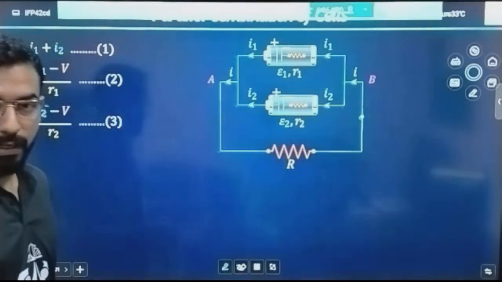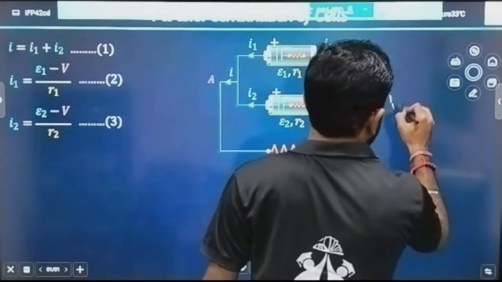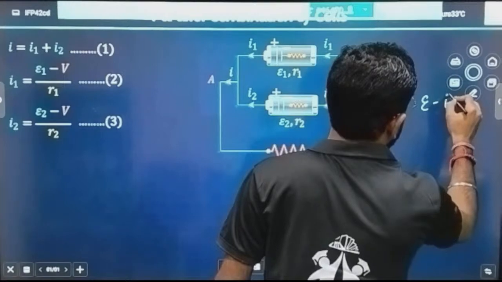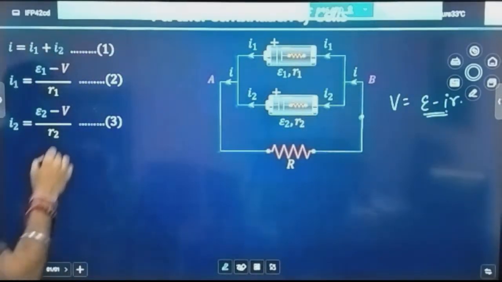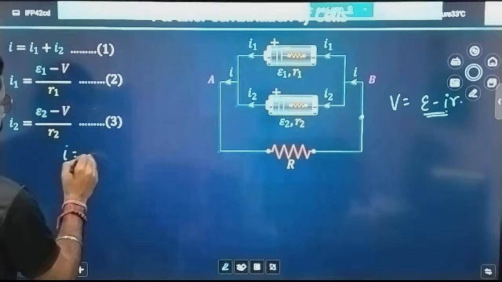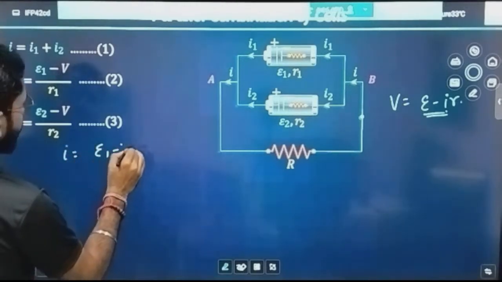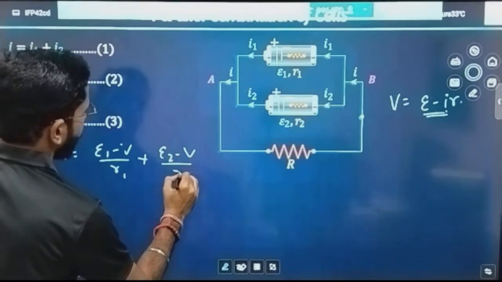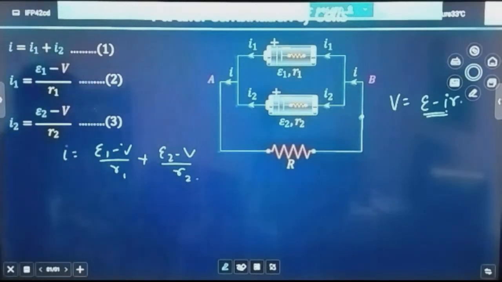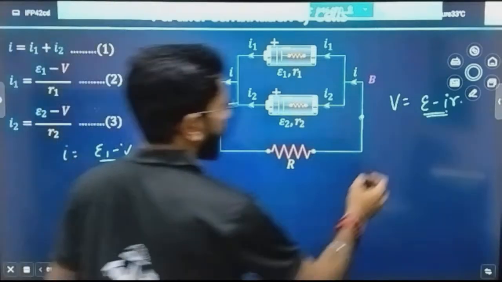And what is the general equation that we know? The relation between potential and EMF. You know that V is equal to E minus IR. Correct? So let's apply that. I is equal to I1 plus I2. I1 is how much? E1 minus V divided by R1 plus E2 minus V divided by R2. Correct? Now I have to solve it, and I have to take it in the form V is equal